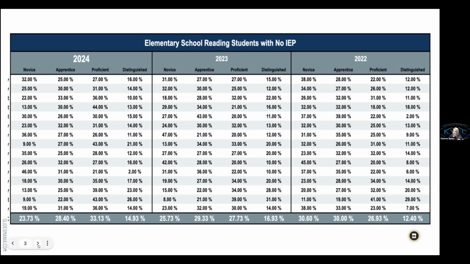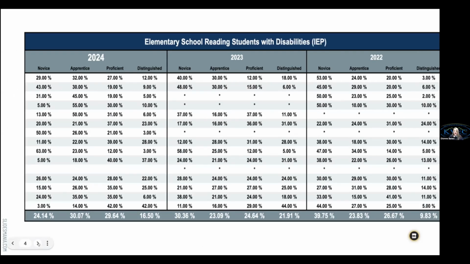All right. Now let's take this same data set and look at how students with disabilities are doing. So we're going to flip this one. And now these are students with disabilities. So that's our elementary school. And so you can see it's set up the same way. You have the 2024 on the left of the screen. Then we have 2023 and 2022. So we have that 3-year trend data using these graphs. What things do you notice about the students with disabilities?